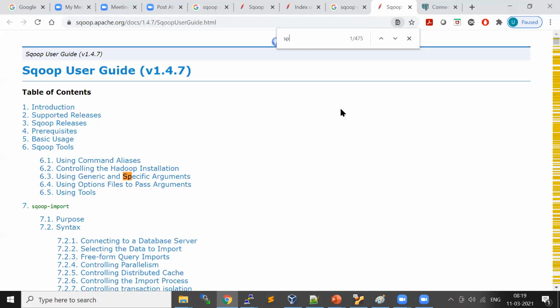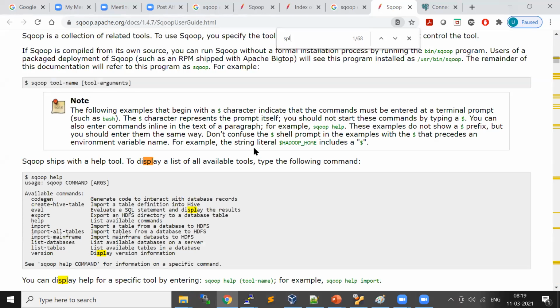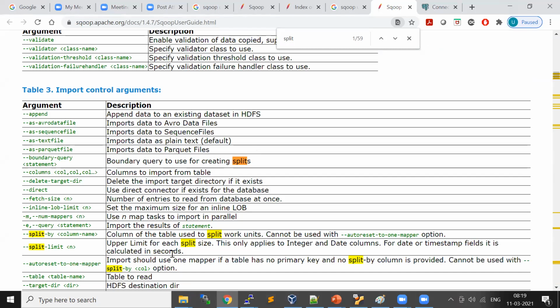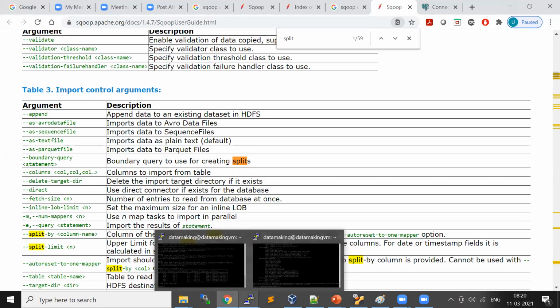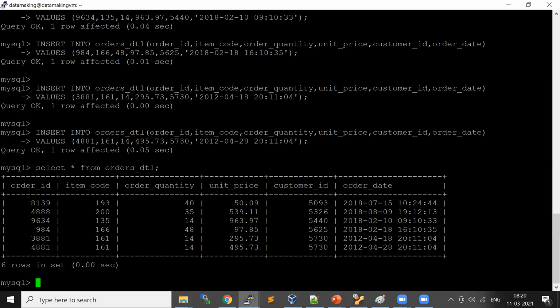Okay, so split-by key. Let's use it on the order ID column. So we have order ID.